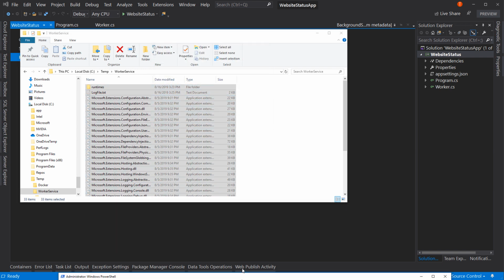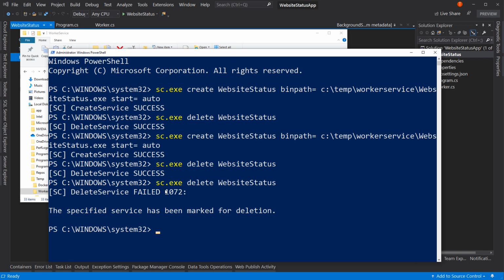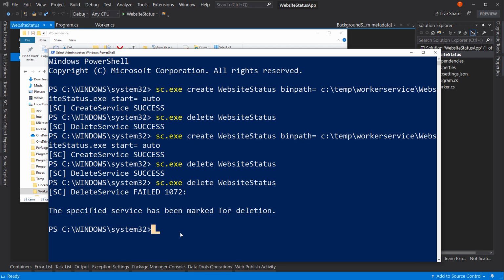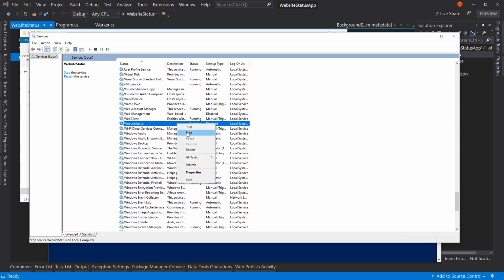So what's going on? If we come back here and we say delete it again, it says delete failed. The specified service has been marked for deletion. So if we restart Windows, it will delete the service. But since it's still running, it's not deleting our service. Well, if we come over here and we say stop,